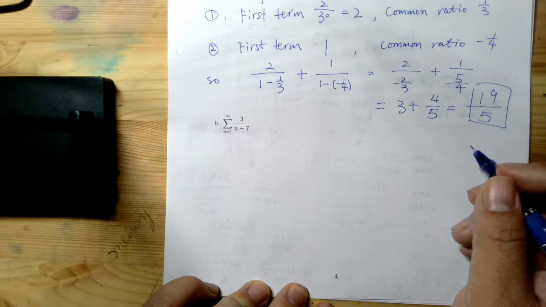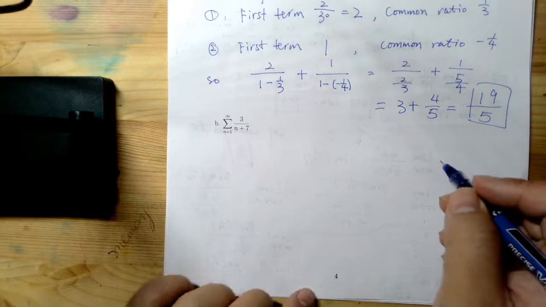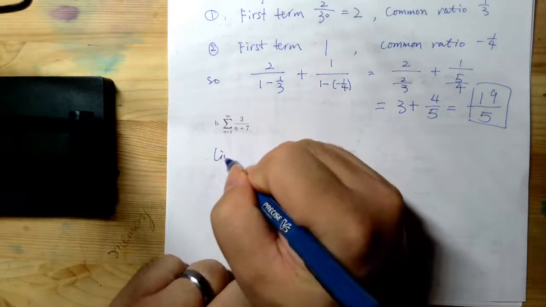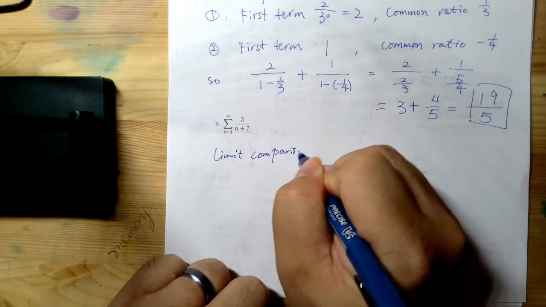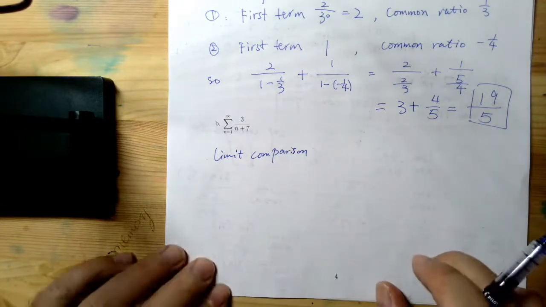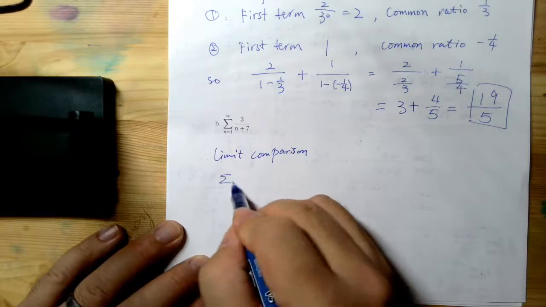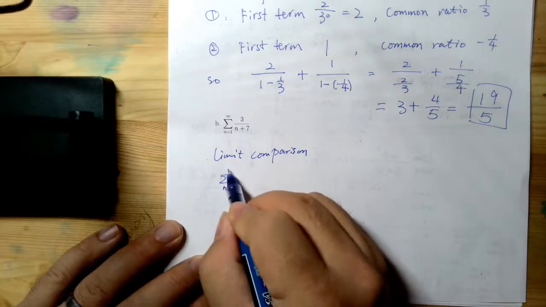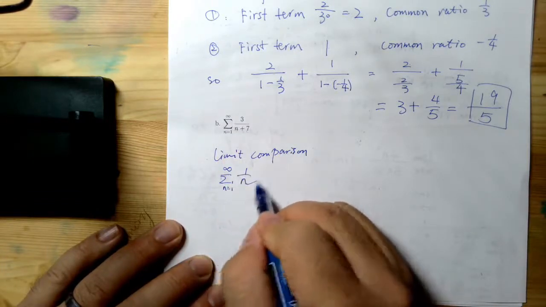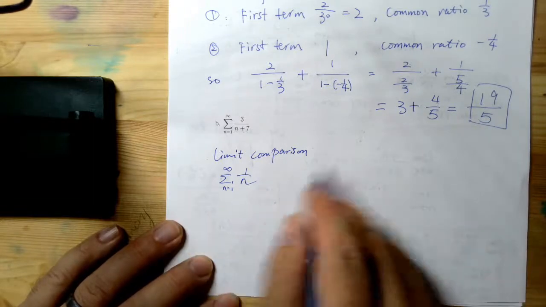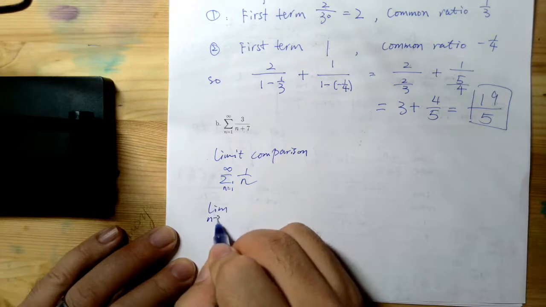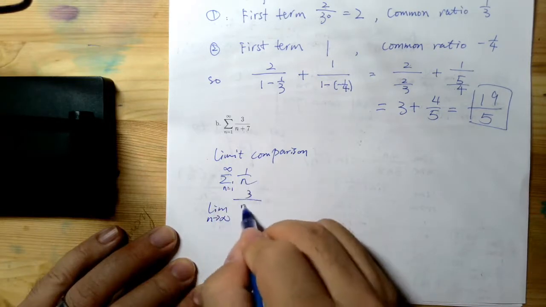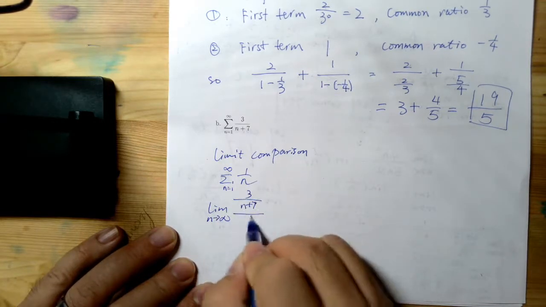First of all, you can do a limit comparison for this one. How do we do that? Well, we can set the corresponding comparing series as 1 over n, which is the harmonic series and diverges. So the limit as n goes to infinity of 3 over n plus 7 over 1 over n